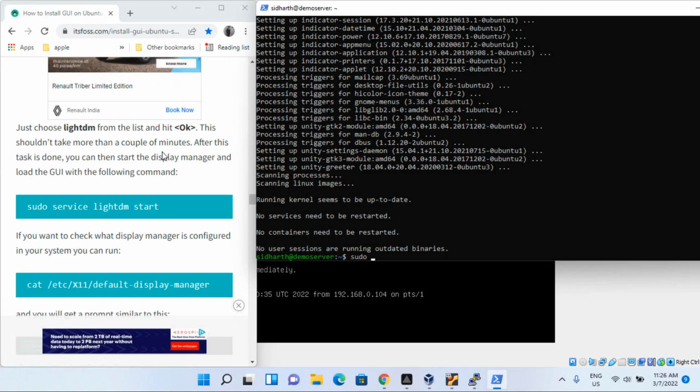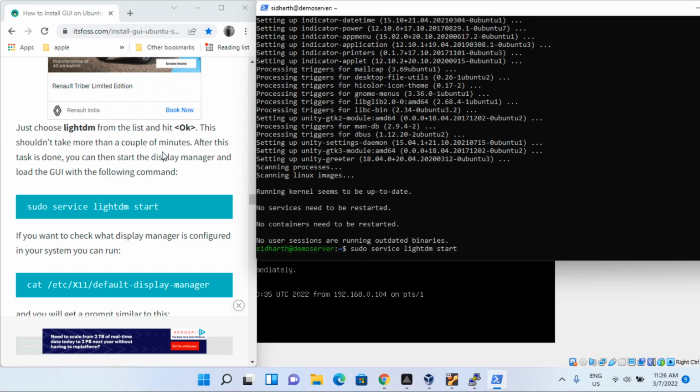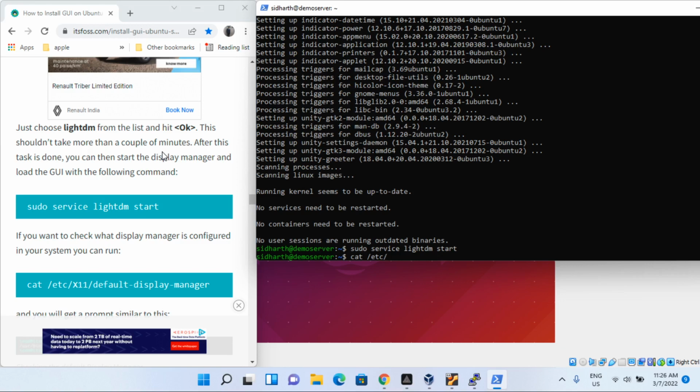Now it's time to start the service. sudo service lightdm start, and we will have our service started. Yes, the service is already started. So now we can check with the following command: cat /etc/